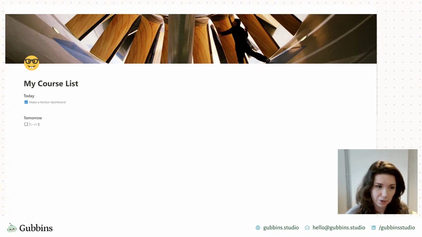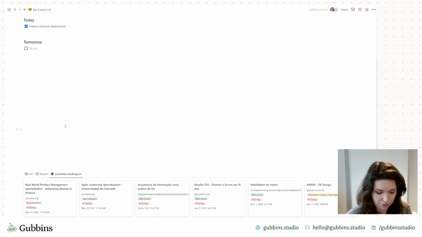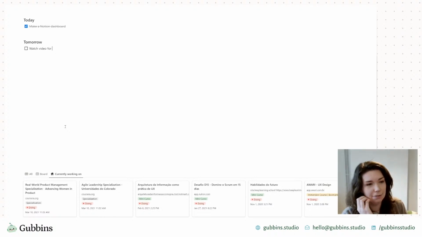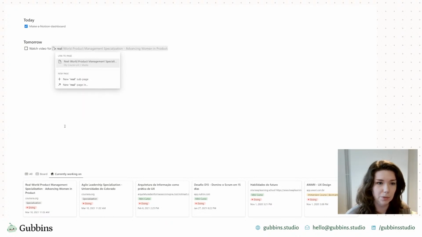So in the tomorrow list, she can make a very quick to-do of watch video for, and this is one of the things I love about Notion. She can just reference that task in context in her to-do list, so she doesn't have to navigate if she doesn't need to. So put in real project management.